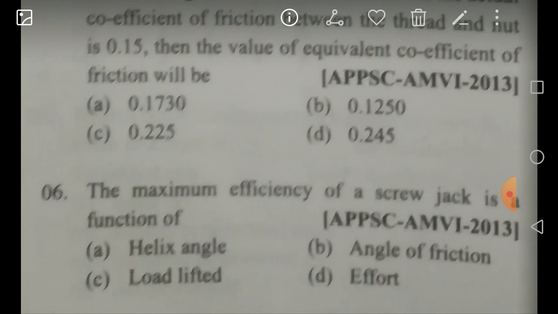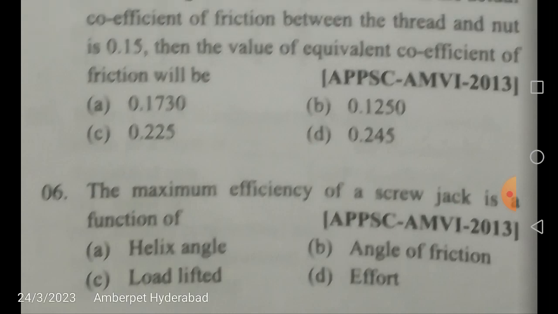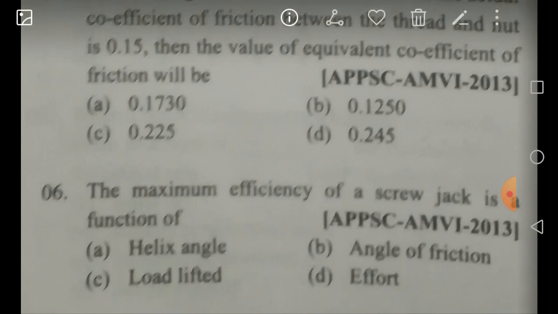Alpha is the thread angle and phi is the friction angle. So alpha is equal to 45 degrees, that is pi by 4 radians minus phi by 2. And if you substitute this condition in the maximum efficiency equation, I am going to get the maximum efficiency of a screw jack. So in the screw jack we are going to use the square threads.